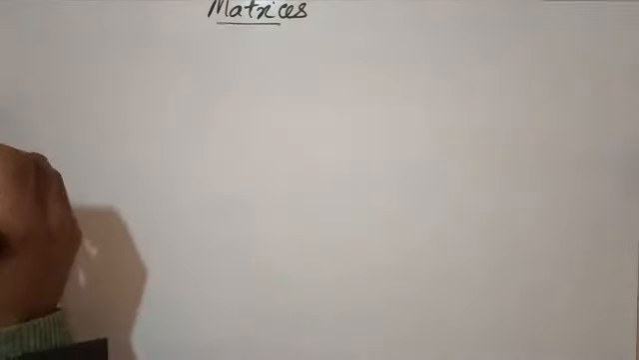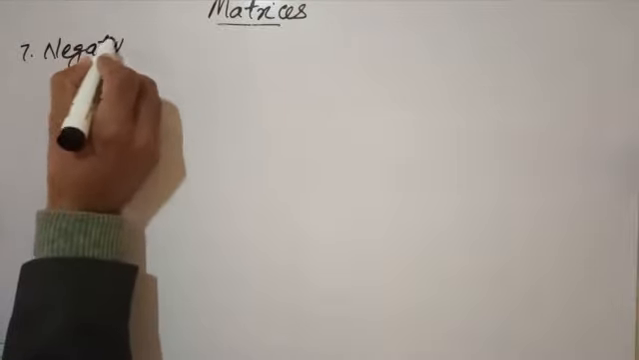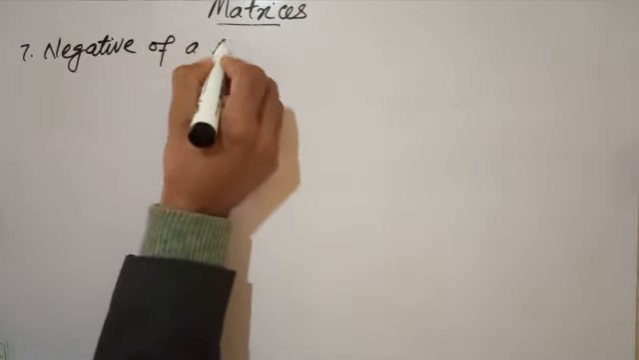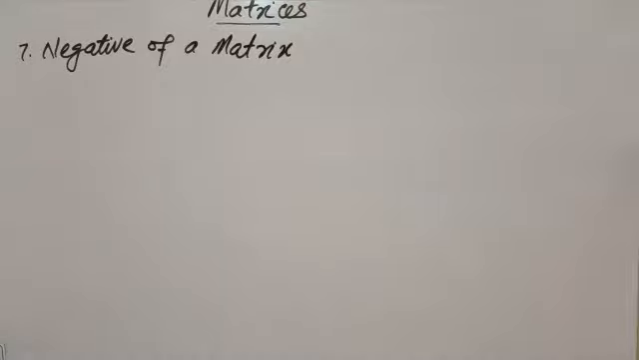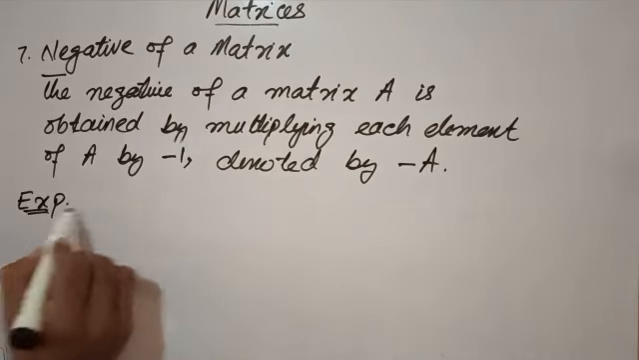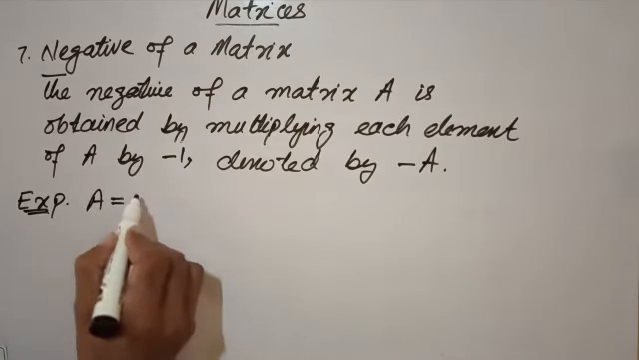Next, we have the negative of a matrix. By negative of a matrix, we mean that if we replace each element of the matrix A by its additive inverse, then the resulting matrix is called the negative of the given matrix. For example, if A is equal to